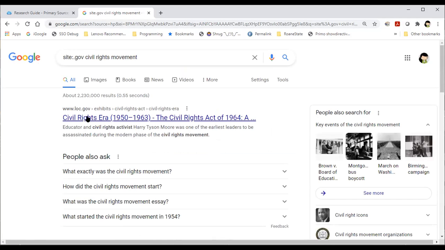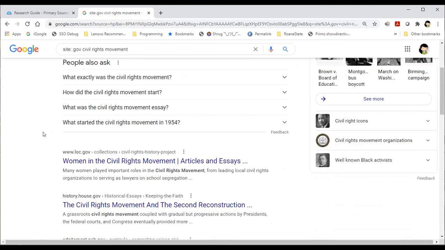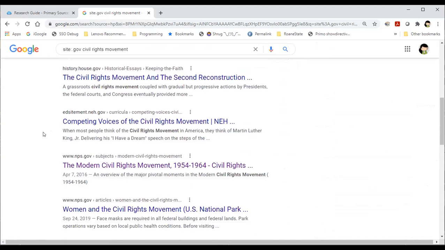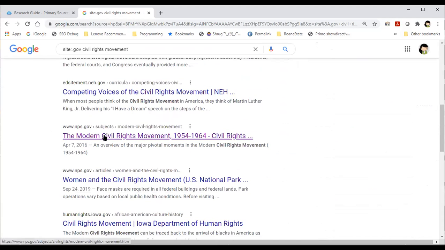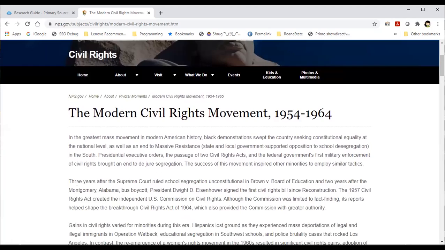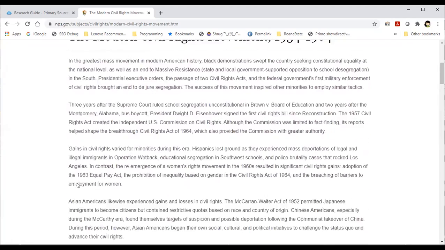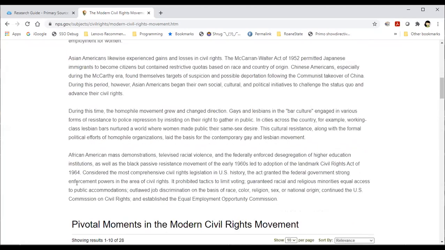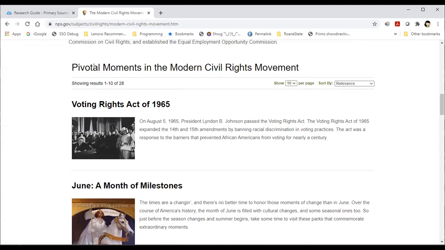You'll see results from things like the Library of Congress, loc.gov, or the National Park Service, nps.gov. These types of websites tend to be okay to use in your assignments. Most professors are okay with them. There can be exceptions, but just in my experience, the .gov type sites do tend to be the best to use,